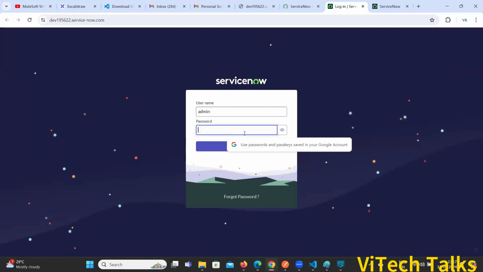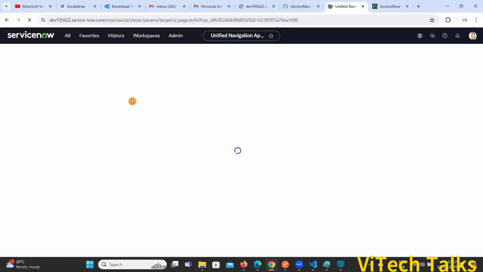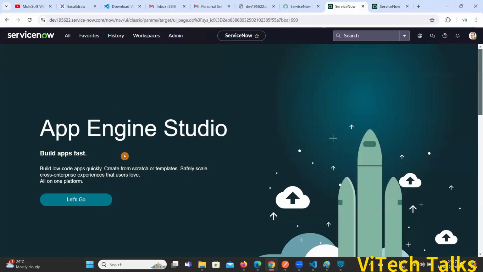Okay, again, in real time, your organization is going to provide your username and password. You don't need to worry about this one. But here we are practicing, right? So you need to create your own account. As soon as you log in,